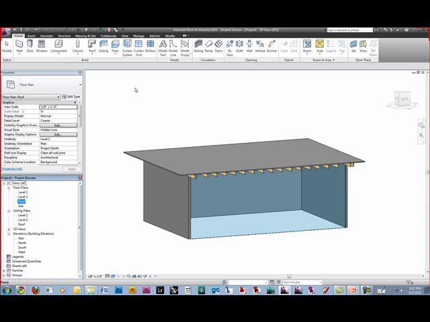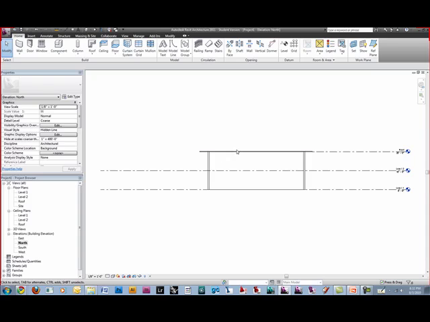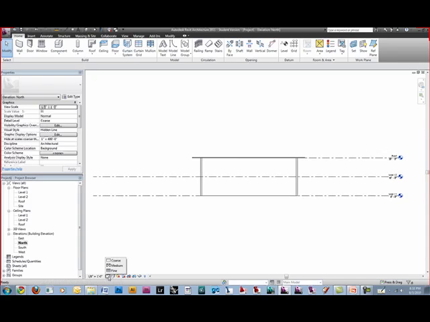So you can do this two different ways. We could do it in an elevation, or we could do it in 3D. If you're trying to be more accurate and get exact heights, you probably want to do it in an elevation. So I'm just going to go to my north view right now. I'm going to go to north, elevations, and I'm going to change my view properties to fine detail, and I'm going to change